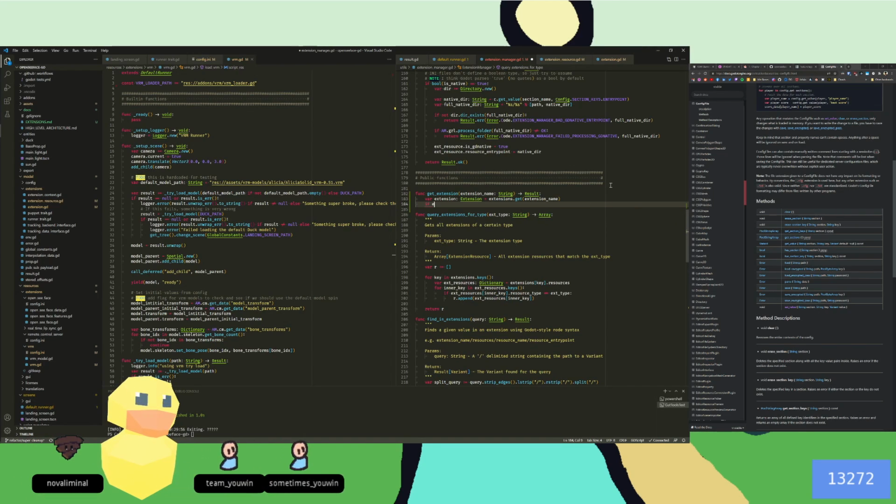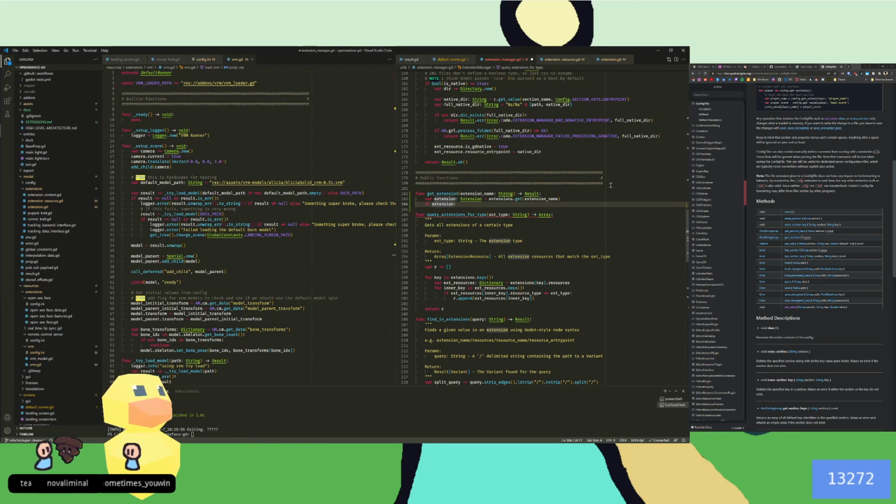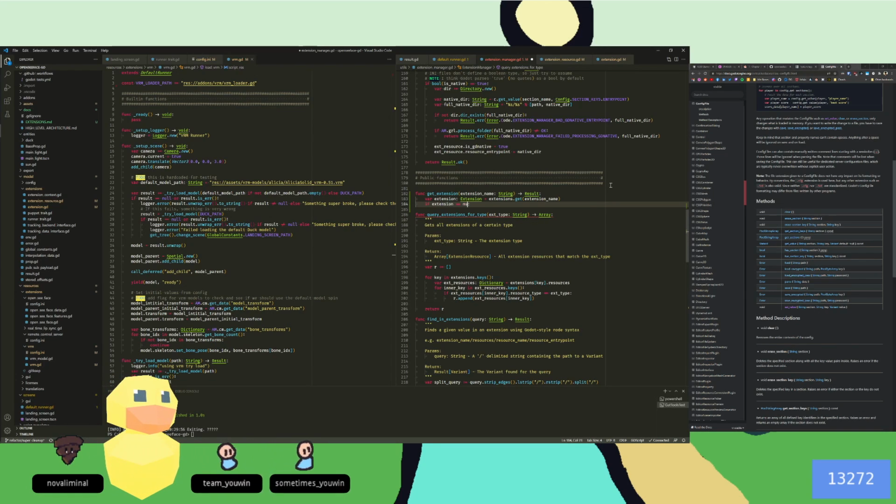So if not extension, or I don't like using falsy truthy in Godot anymore, ever since I realized that sometimes it's been biting me in the butt. So if extension is null,